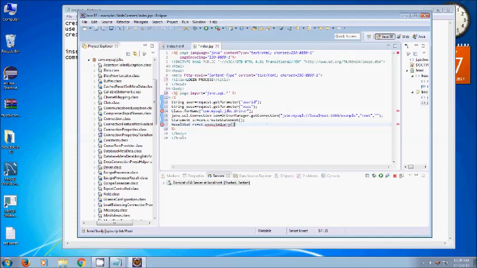Execute query, and within the brackets you can write the SQL statement as it is. So select star from users where... now since we've stored user ID as user, we will just check if the user ID field is equal to